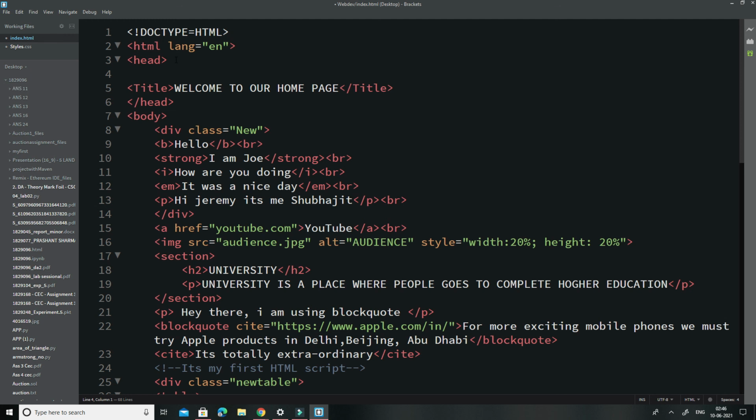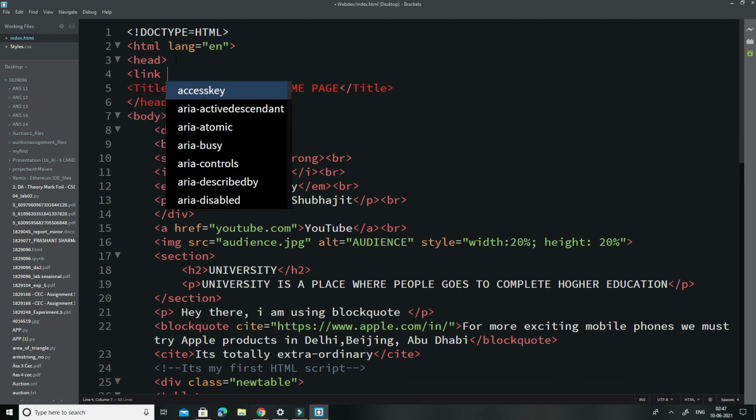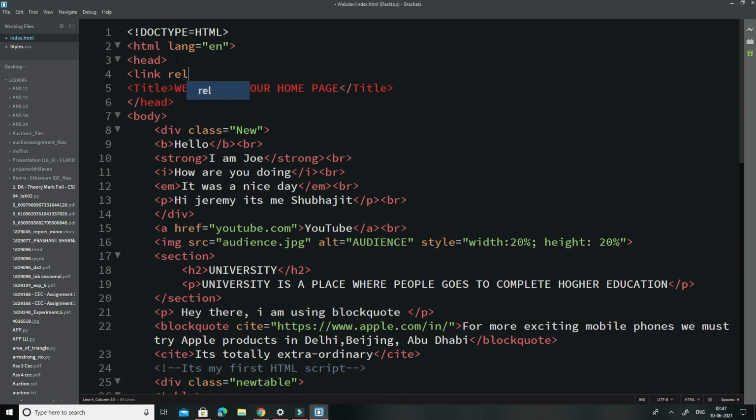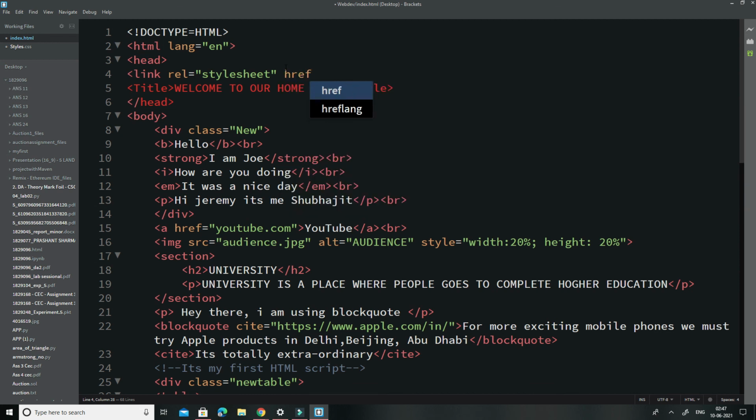For that, go to just below header and write link, link rel is equal to, here you write stylesheet, ठीक है, link rel stylesheet, and after that href is equal to, brackets open close, you go for styles.css and then just close it.